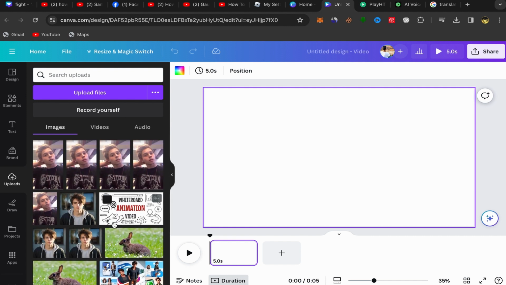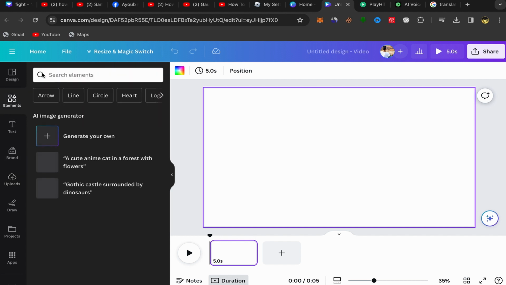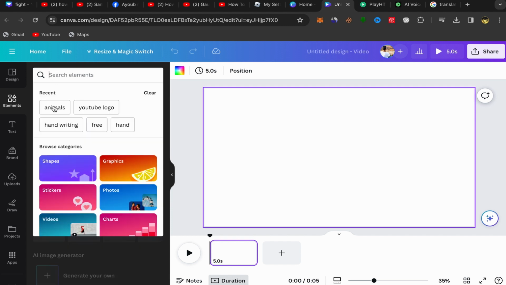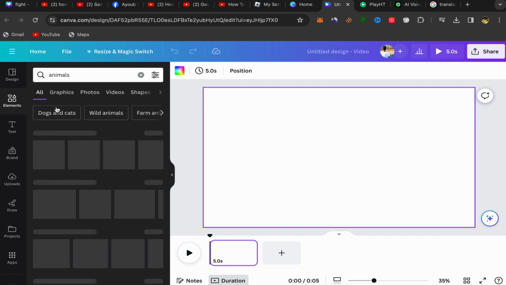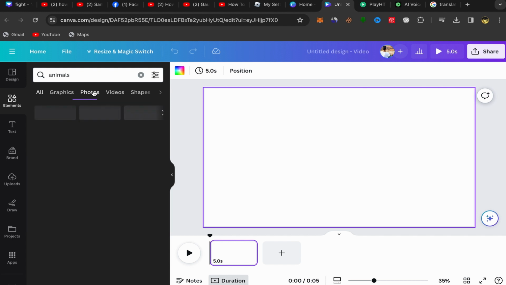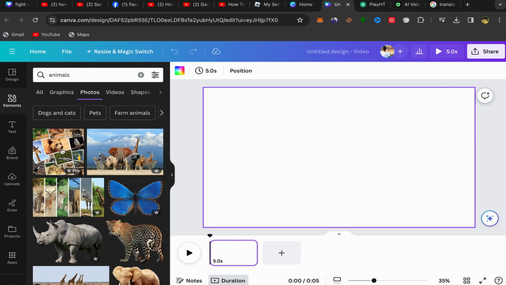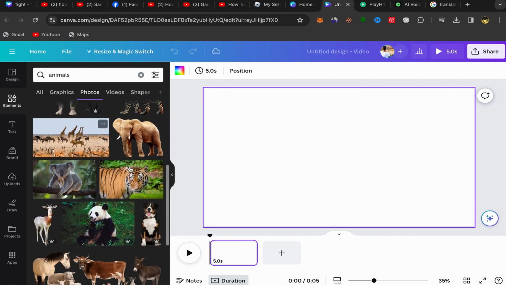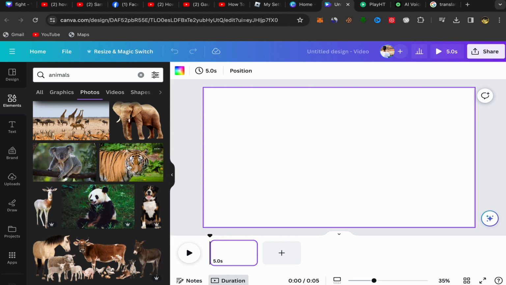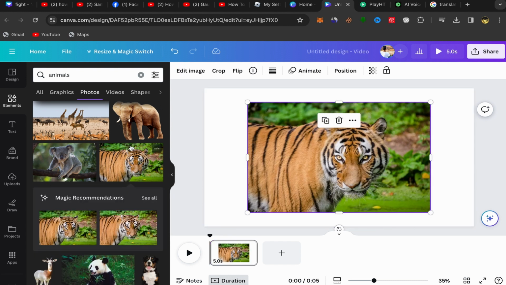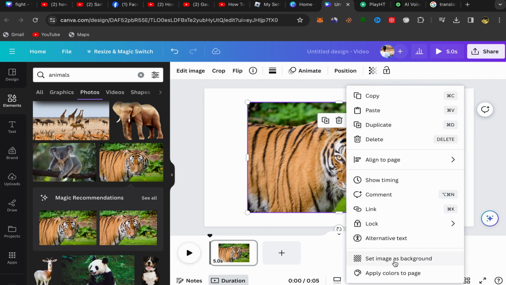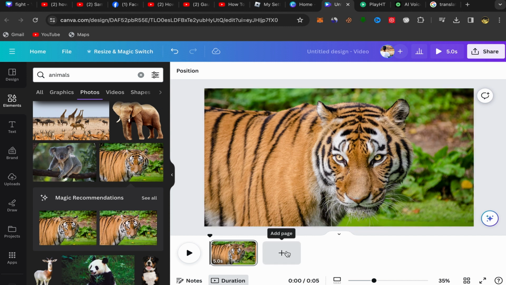Okay, so for me, I'm gonna not use those pictures. I will use just pictures from Canva. I will click on elements and I will click over here on the search and I will search for animals. Okay, and I will click over here on photos and I'm gonna use just those pictures from here. So I will click on this picture like this. Just click on your picture and it will be over here. Click on these 3 points, click on set image as background. Okay, like this. Click on add page